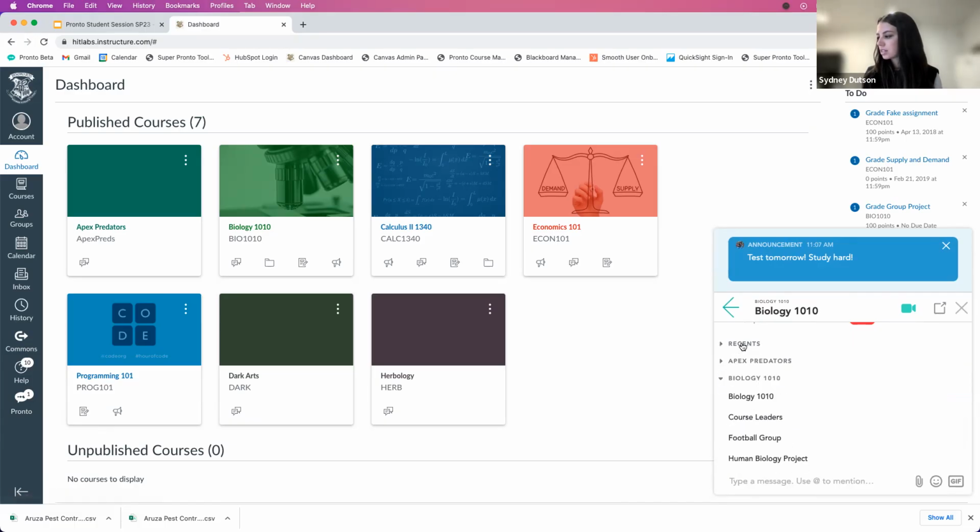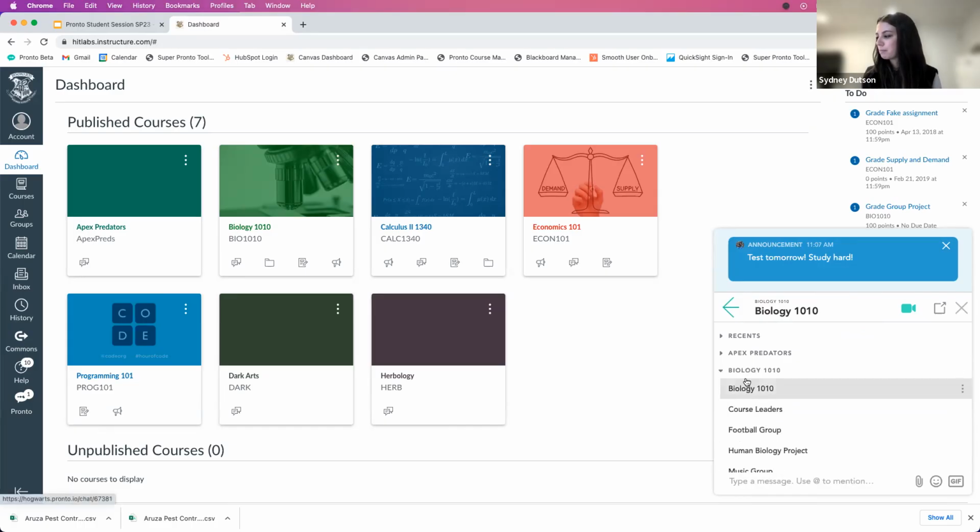You'll see recents at the top. So any recent messages or groups I've been in will be stored here. I can collapse these categories and you'll see that the categories match these courses that I'm taking. If I go ahead and click on Biology 1010, for instance, I will see a group that mirrors that name